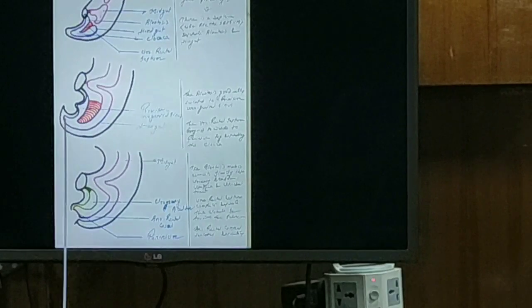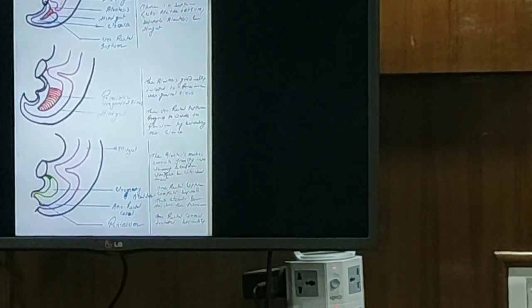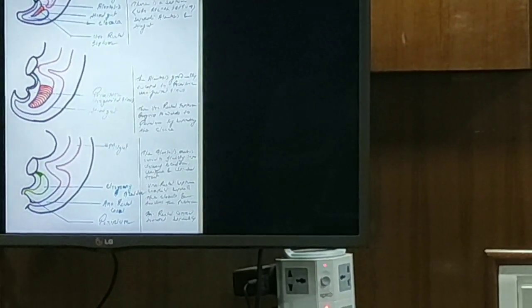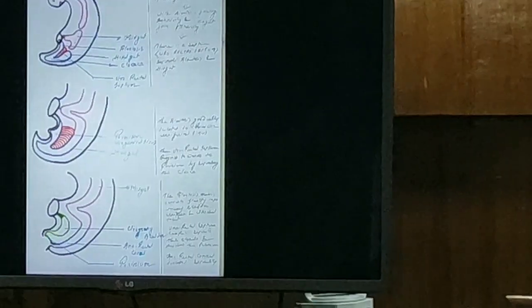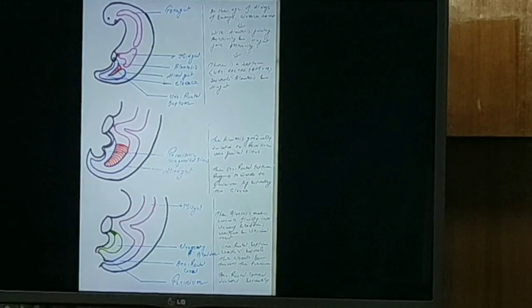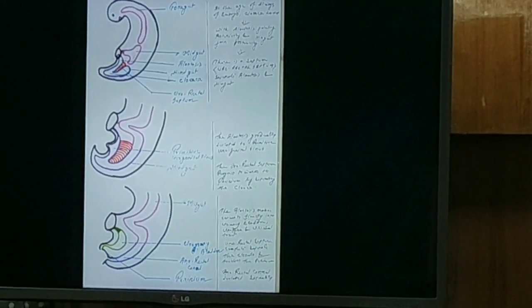During this development, if the anorectal septum is not developed or the cloaca is not obliterated completely, then the rectal malformation is developed and it is communicating to various other organs. So what are the other organ communications, or the fate, if the imperforate anus is not developed properly? What is the fate if the rectum and anal canal are not developed?